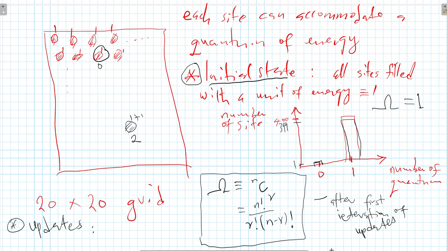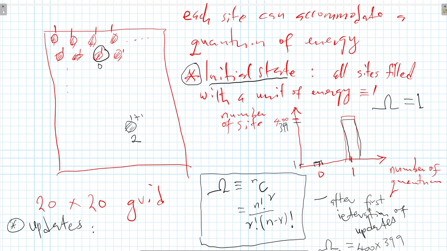So omega for the first iteration is going to be equal to 400: there are 400 possible ways of choosing a site where I remove the quantum, so it becomes 0. And then there are 399 possible ways of putting the selected quantum into another new site. So the total number of possibilities is 400 times